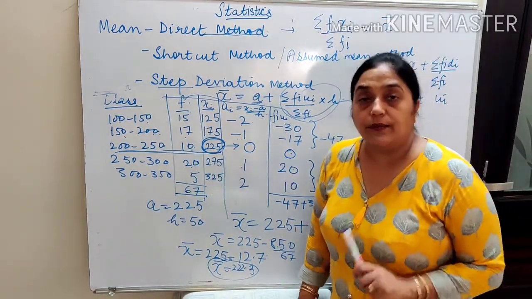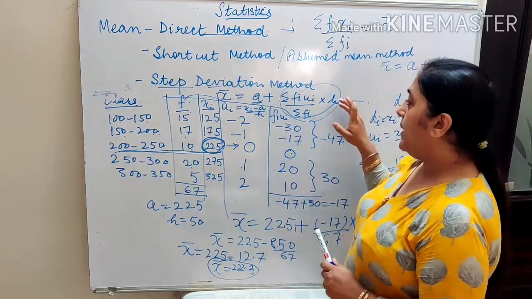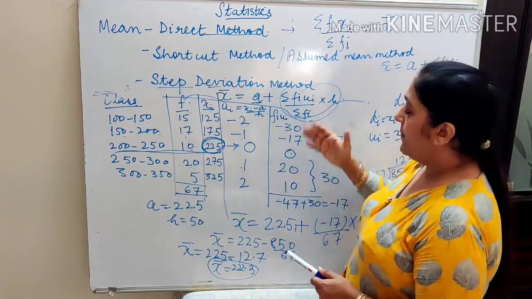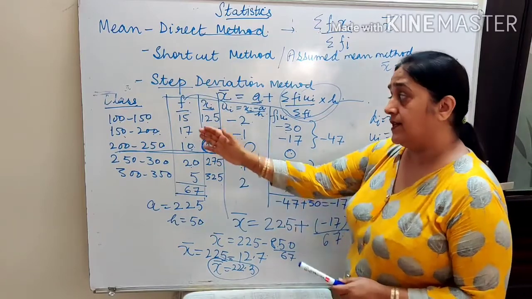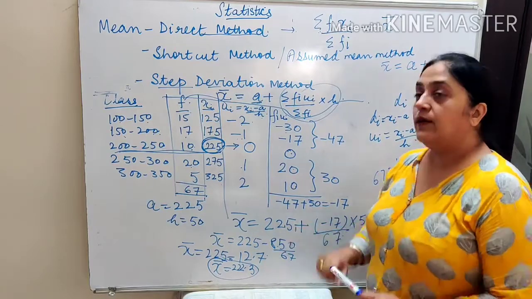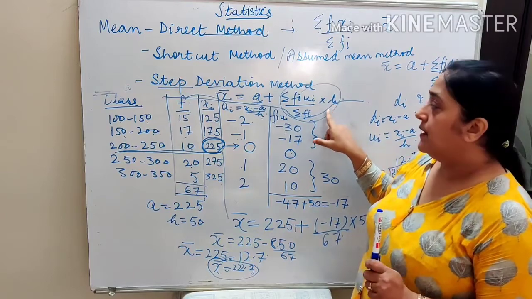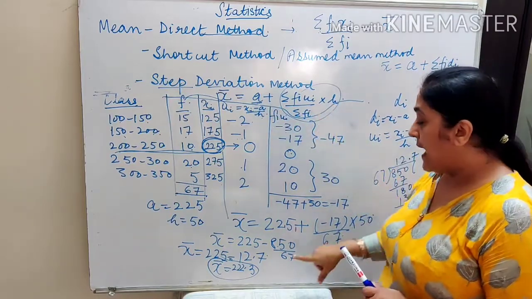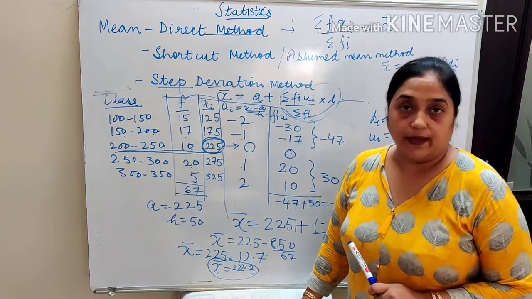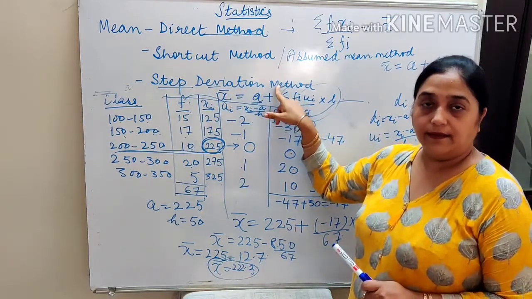So again, few indications, few tricks what I told you people. First of all, आप assume mean के लिए try to get the middlemost value. Middlemost value के बाद what you have to do, आपको ui direct you can write also. उसके बाद you just do the multiplication. It is very simple because you have to multiply fi and ui only, and then when you will be calculating the mean, never use LCM method to solve this. आप इस part को separately solve करिए. You solve it separately, right? This was mean by step deviation method, right?